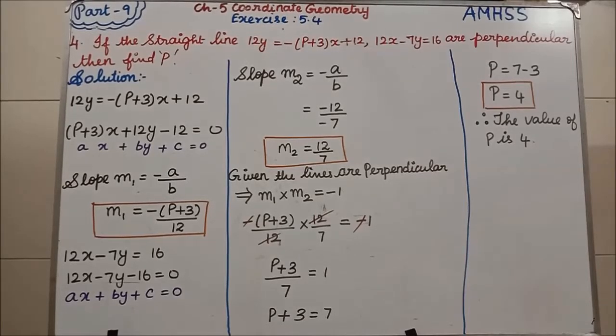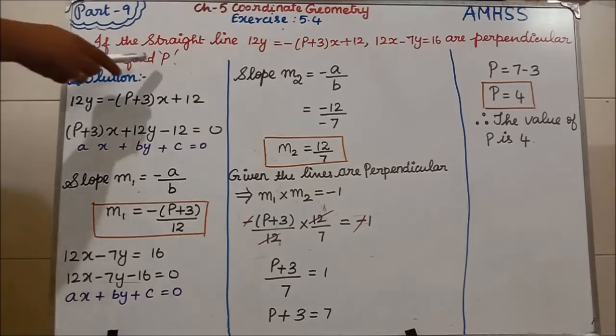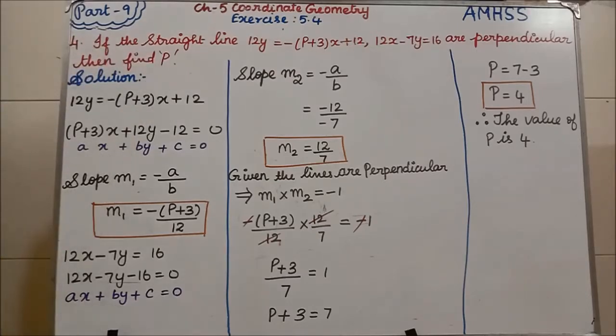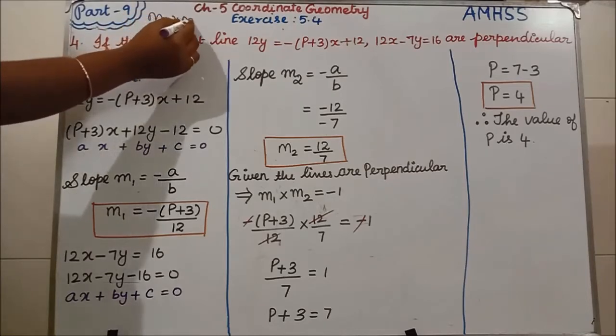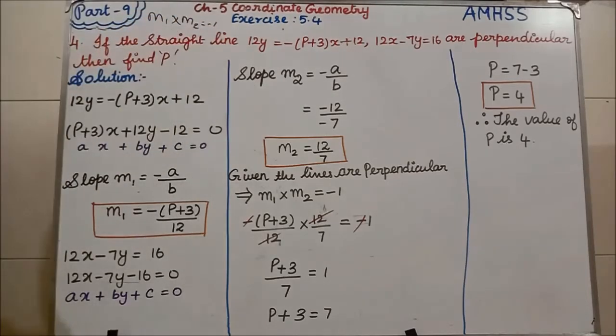See, they have given two equations and they are saying the two lines are perpendicular. They have themselves given that it is perpendicular and we have to find the value of p. Clear? What does perpendicular mean, so far what formula have we seen? Slope m1. Perpendicular means m1 into m2 is equal to minus 1. That is the perpendicular formula. So how do we find m1, how do we find m2?